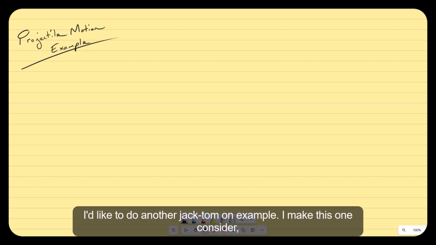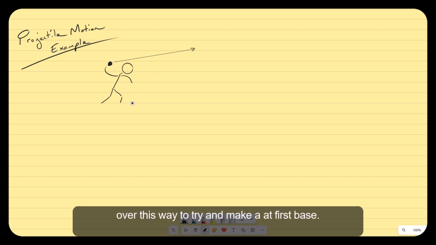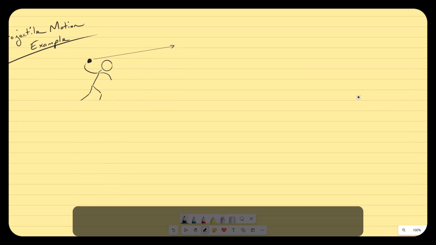I would like to do another projectile motion example, and we'll make this one considerably more difficult. Let's say you are playing softball and you are a shortstop. You make a play, and now you've got to throw this ball over this way to try and make a play at first base. First base over here is going to try to catch the ball,